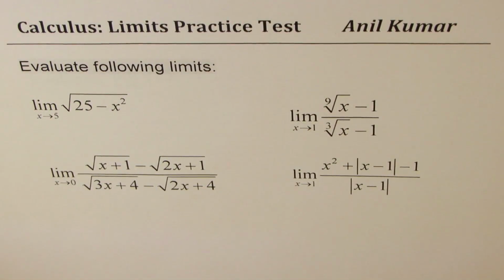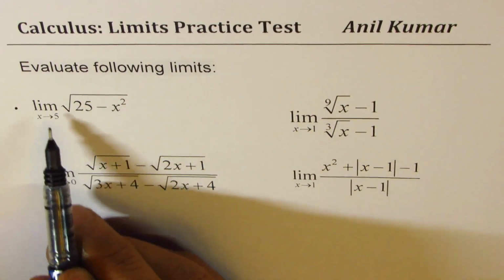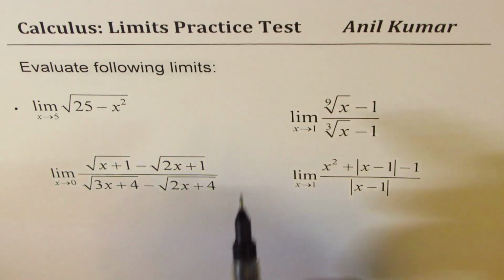I'm Anil Kumar. As a part of practicing for the test, here are 4 questions on limits. We need to evaluate the following limits. The first one which we'll do is the limit when x approaches 5 for square root of 25 minus x squared,